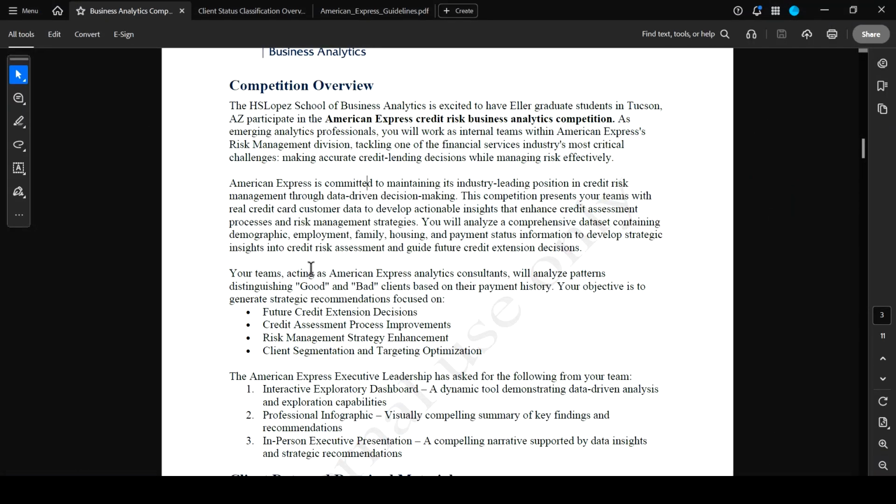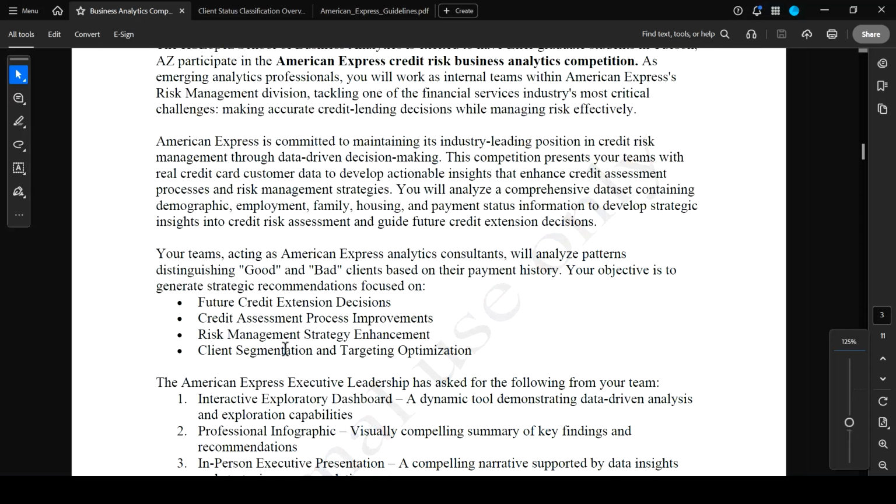And so your objective, and there are a lot of ways to take this, but where I want you to think about and frame it, and it doesn't have to be all of these, you can focus down one of these paths. Think about future credit extension decisions, credit assessment process improvements, risk management strategy enhancement, or is there a way to segment clients and target, to optimize who we give credit to or who we don't give credit to,